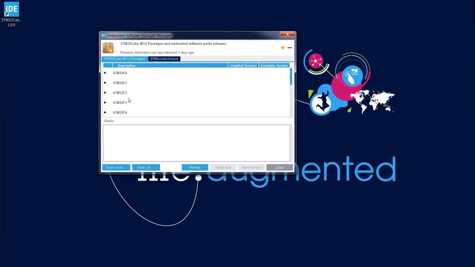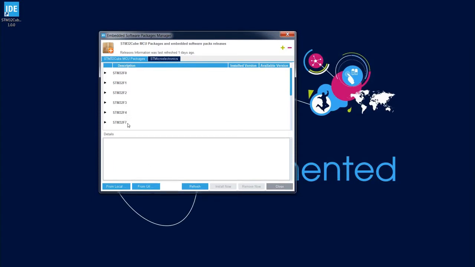And now I can see the new window, which contains 2 tabs, STM32Cube MCU packages, which is related to the Cube libraries for all STM32 devices. And there's another tab, STMicroelectronics, which contains some additional packages related to additional components coming from ST, like BLE sensors, MEMS sensors, NFC components.